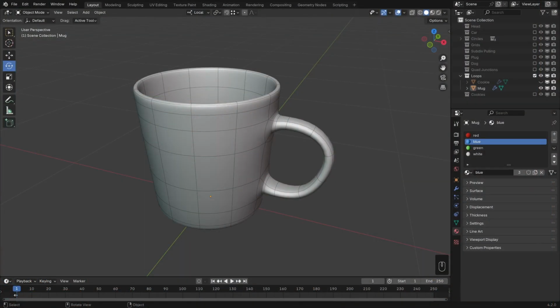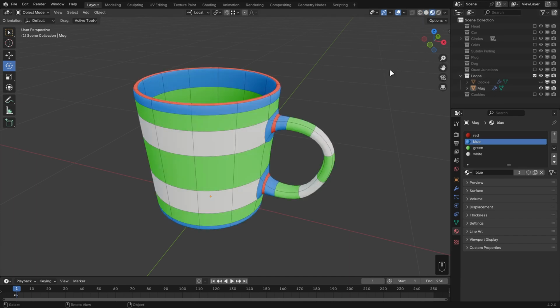We've talked a lot in this course about how loops define the details on our objects. And in this video, I want to expand on that a little bit and show you how different loops can serve different purposes. So if you go to the topology examples file and go to the loops collection and look at the mug object and head over into material preview, then you can see that I've color-coded the face loops